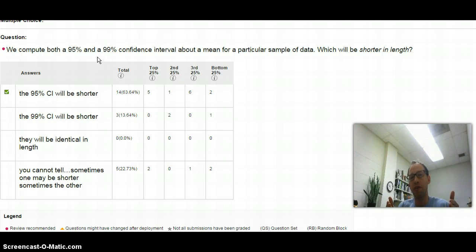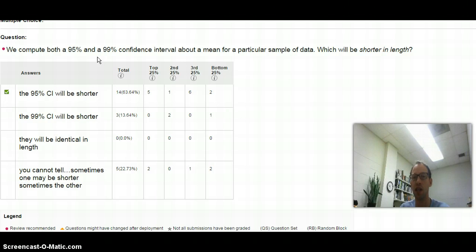So at 95% sure, you have less certainty, so you can have a little more precision on what the exact answer is. So we're 95% sure that this political survey is within 2% of the correct population mean. But 99% sure, you need a bigger basket to catch all the possibilities if you're going to be that sure